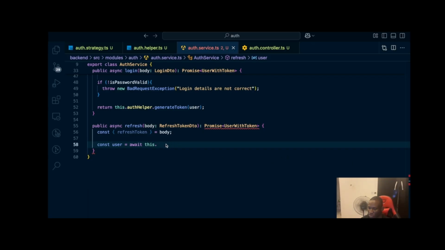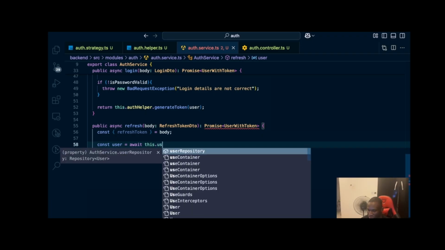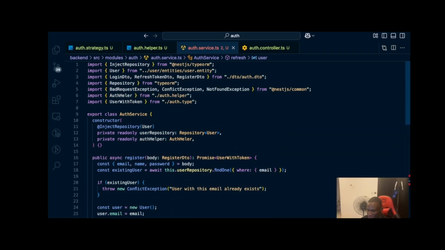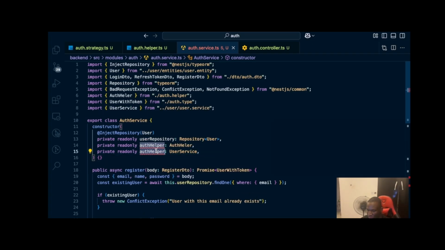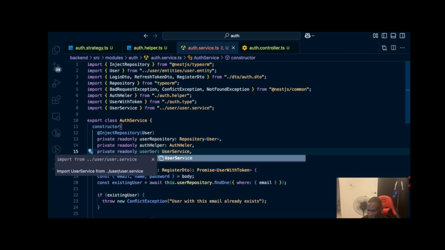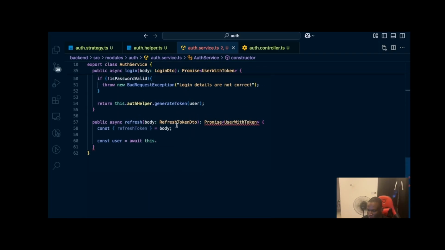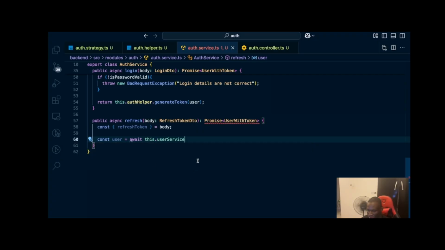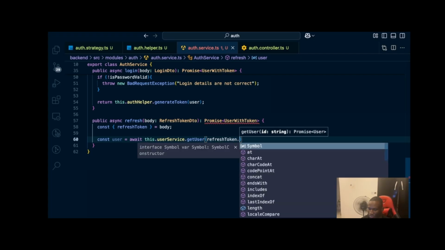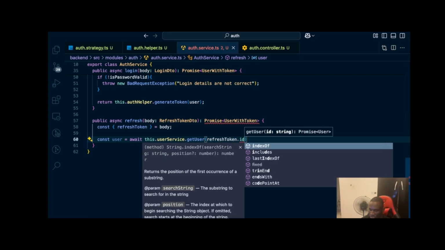No, we don't actually need that. We can use the user service. Are we passing the user service right here? Let's go ahead and inject the user service right here. So this will be user service. Okay, and right here we just say this dot user service dot get user, and right here we pass the refresh token dot id. We can do something like this, but